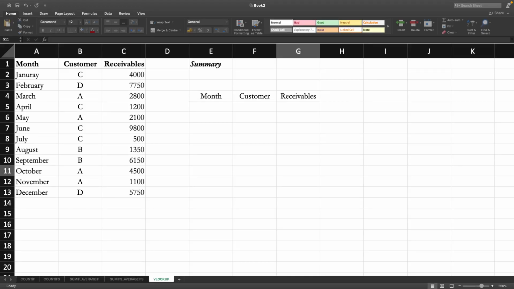VLOOKUP is a very popular function. It helps us to extract some important values from a bigger table. For example, in this case, we want to extract the name of the customer and the amount of receivables by looking at the months. That means probably we need to find the customer and receivable of April,